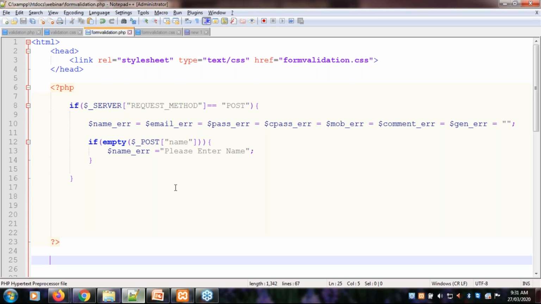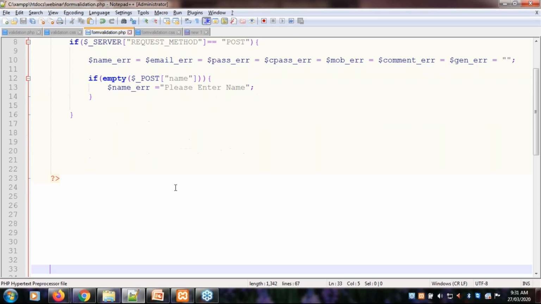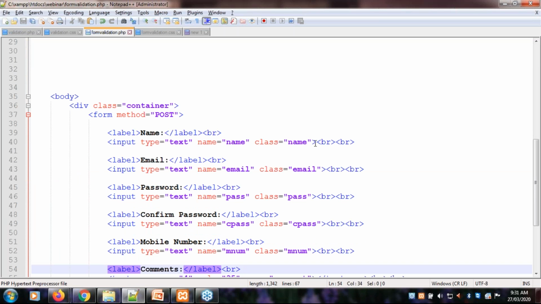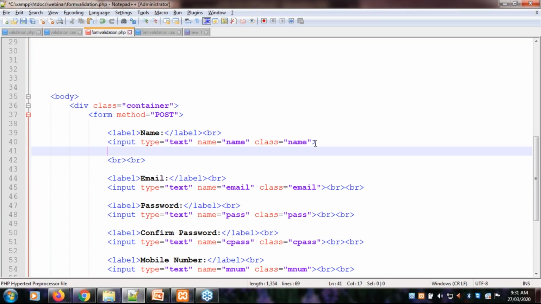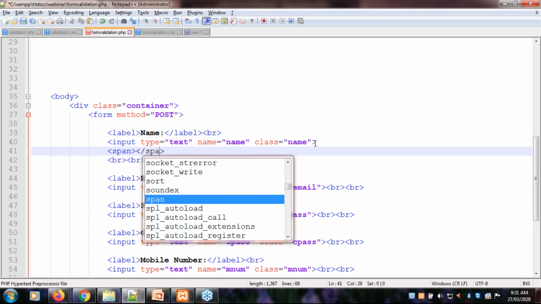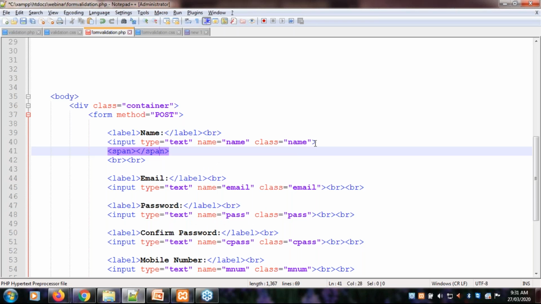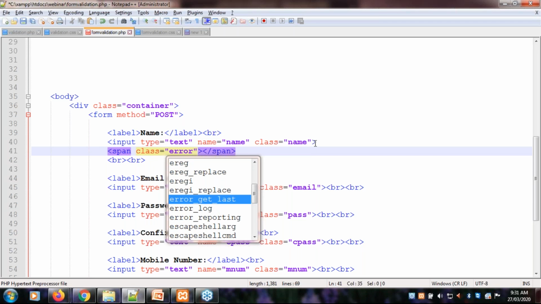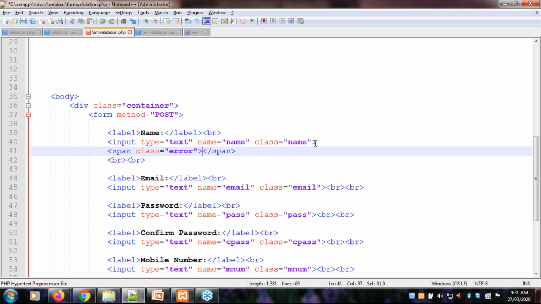So I have to use a span tag here after the input type, span slash span tag. For span, I am providing one class equal to error. If I want to provide certain CSS properties to display the error message, I use this class name.